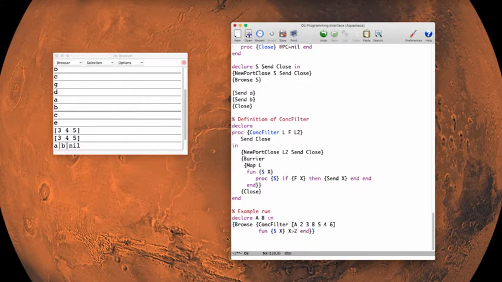So this is now ConcFilter. Notice that there are some unbound variables here. So I run this,